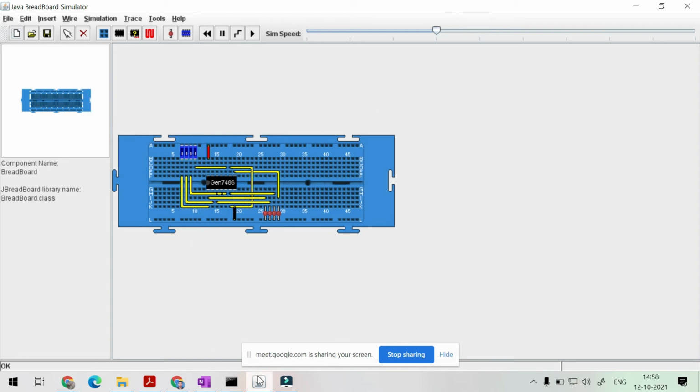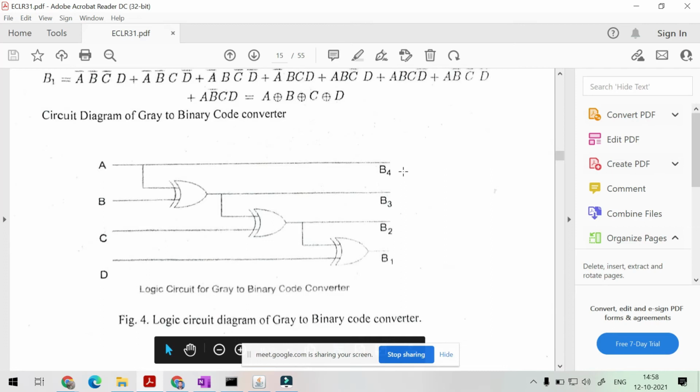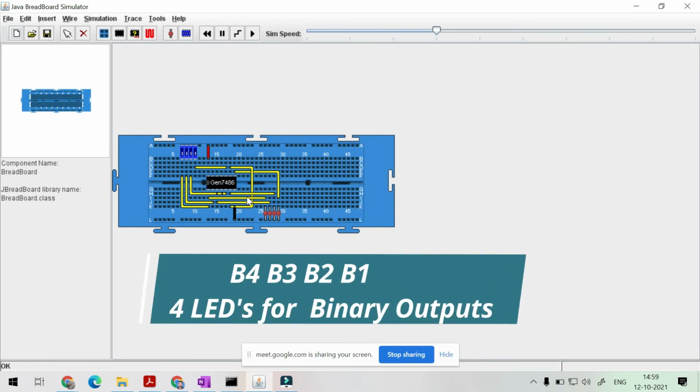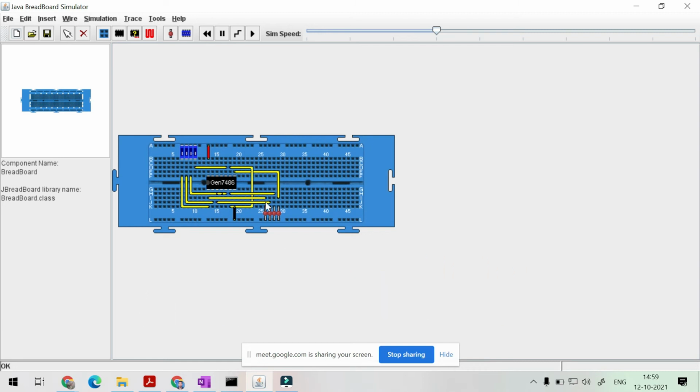Similarly, in this, that is B4, we are getting the input directly from A. So one input is directly from A at B4. We have given one input at this pin, and from this pin we are taking the output as B4.